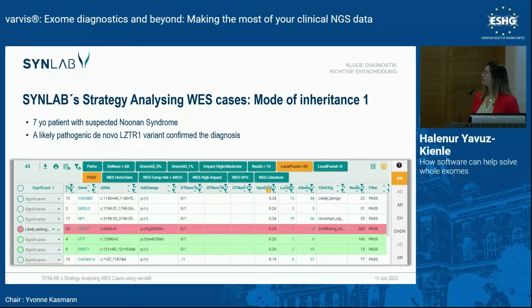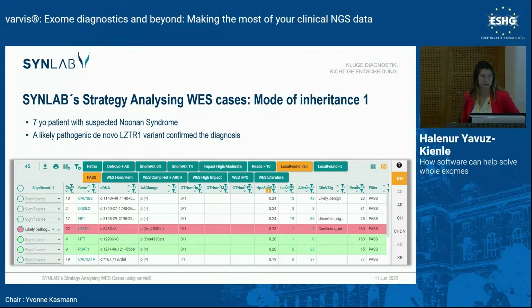Okay, so the first example I brought to you is of a 7-year-old patient with suspected Noonan syndrome. Like I said, here I entered the de novo filter. On the right-hand side you can see, and then I basically filtered for good quality variants that are rare in the patient. And I think I sorted them against the HPO similarity score, and one of the top variants is